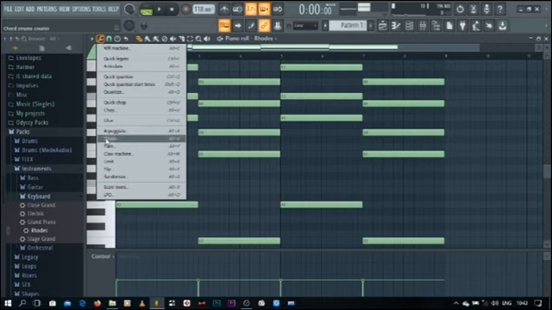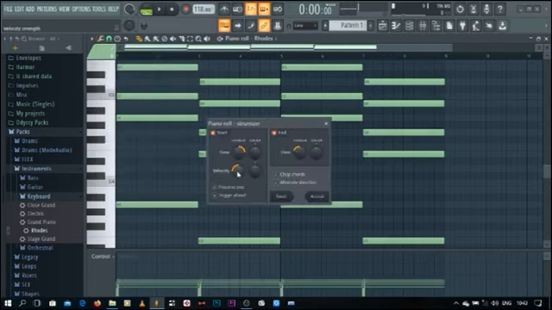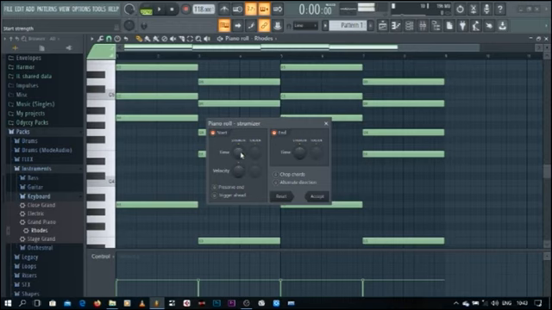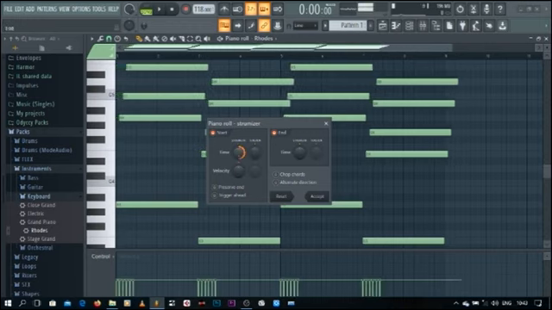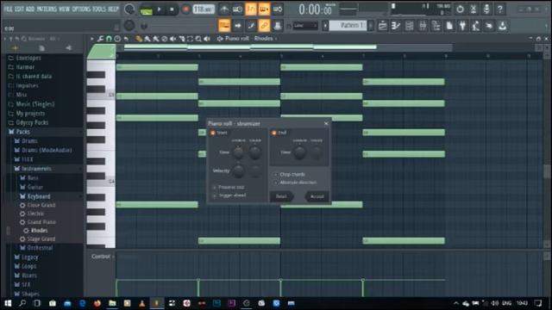come here and say strum, right? Do not select any of these, just say strum, and then let me reset this so that we can all be on the same page. So when you strum this, you can see the notes are moving like the way a guitar player would be playing, so you're just strumming them so that every note hits at a different time, and then